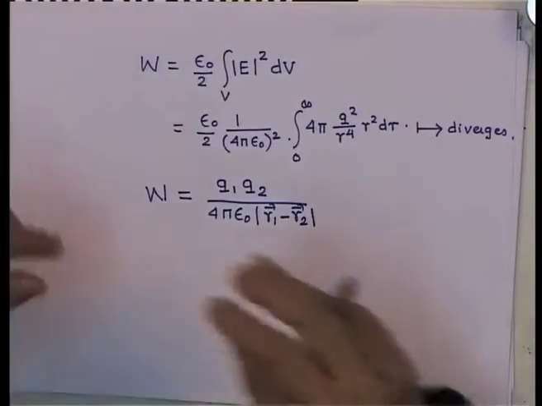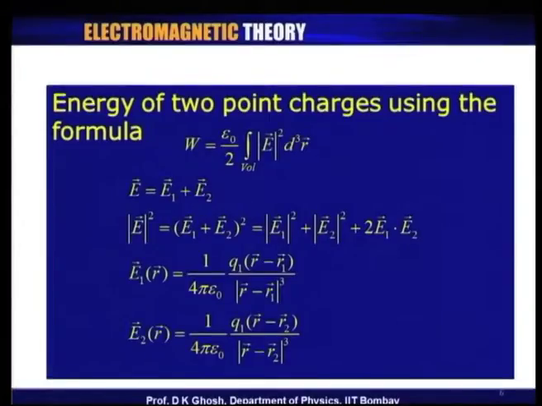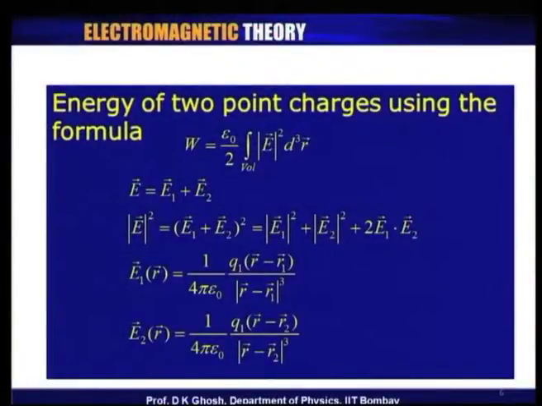How does it compare with what we know? Notice that the electric field obeys the superposition principle. In other words, my electric field E is E 1 plus E 2. But when I take a square of that, there is E 1 square plus E 2 square plus 2 E 1 dot E 2. Now, if you take the contribution to the integral epsilon 0 by 2 E square dV from these two terms, namely E 1 square or E 2 square,